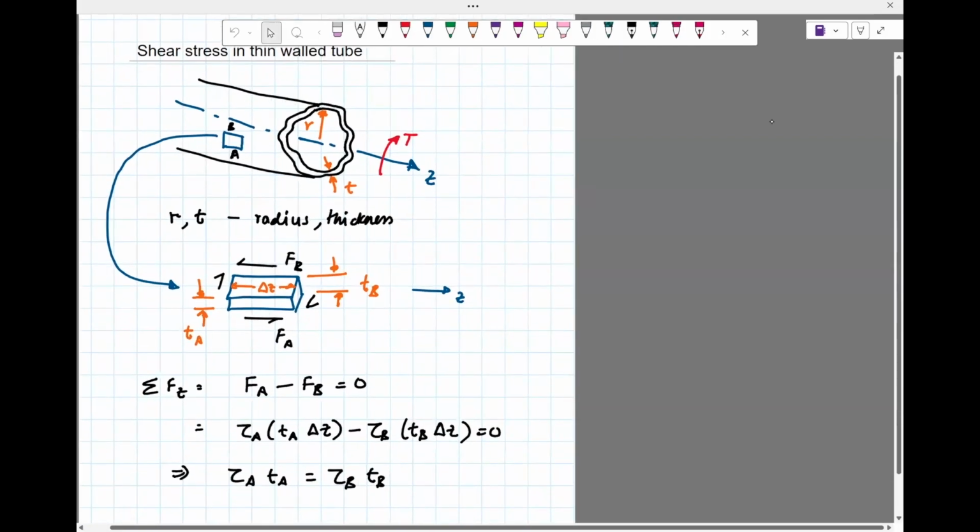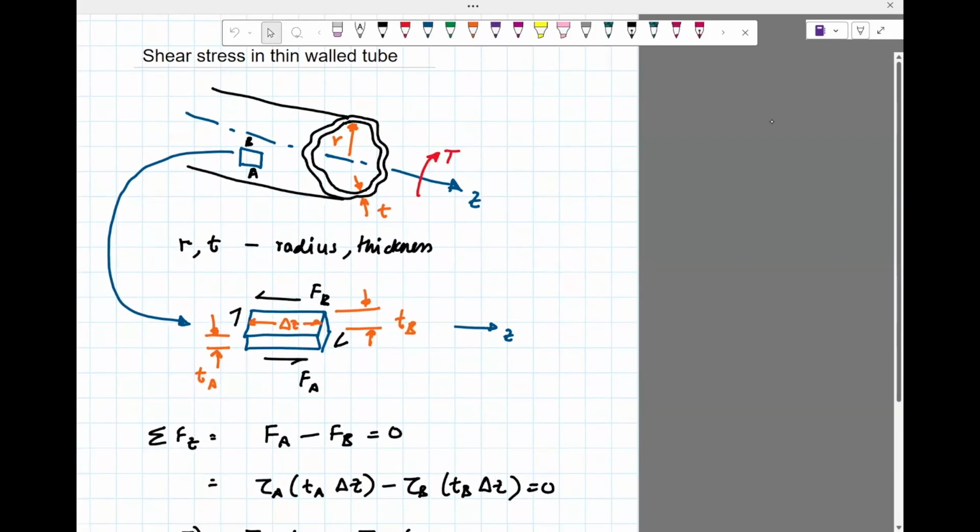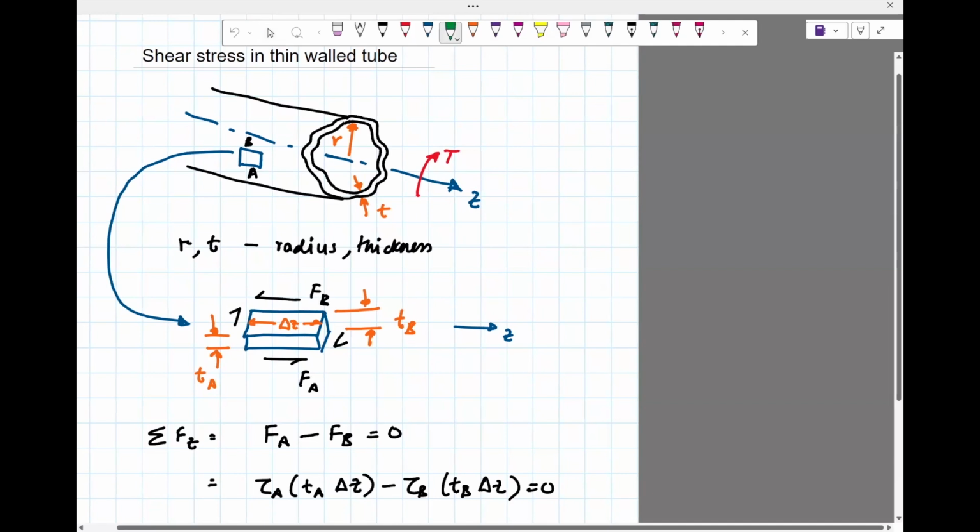Okay, now this is kind of interesting. We looked at hollow shafts, and we're going to look at thin wall tubes. The question is, when does a hollow shaft become a thin wall tube? What we're looking at now is something which looks like this on the left, but we also looked at shafts like this, with C outer and C inner. Okay, sorry, other way. C outer is the